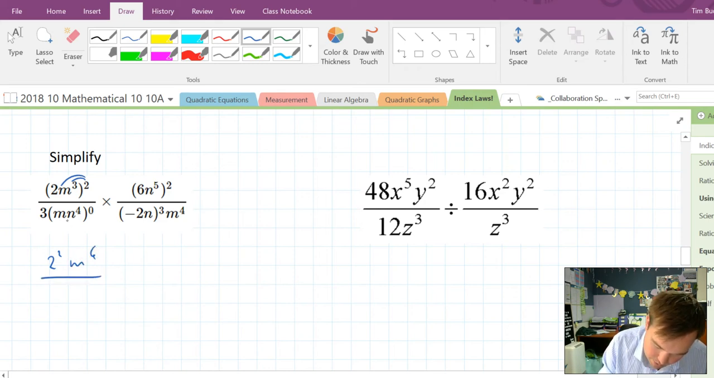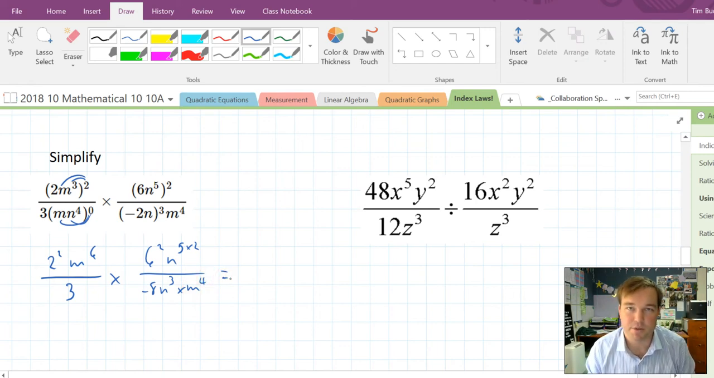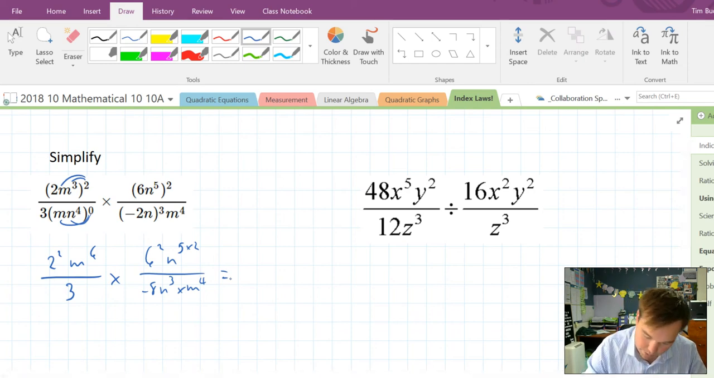Then anything to the power of 0 is 1, so that whole thing there is 1. 3 times 1 is 3, multiplied by 6 squared, n to the 5 times 2 over. Now, minus 2 to the power of 3 is negative 8, n to the 3 times m to the 4. Alright, now we're multiplying fractions. We saw this in algebraic fractions. You multiply the tops together and the bottoms together. So, what we have here,